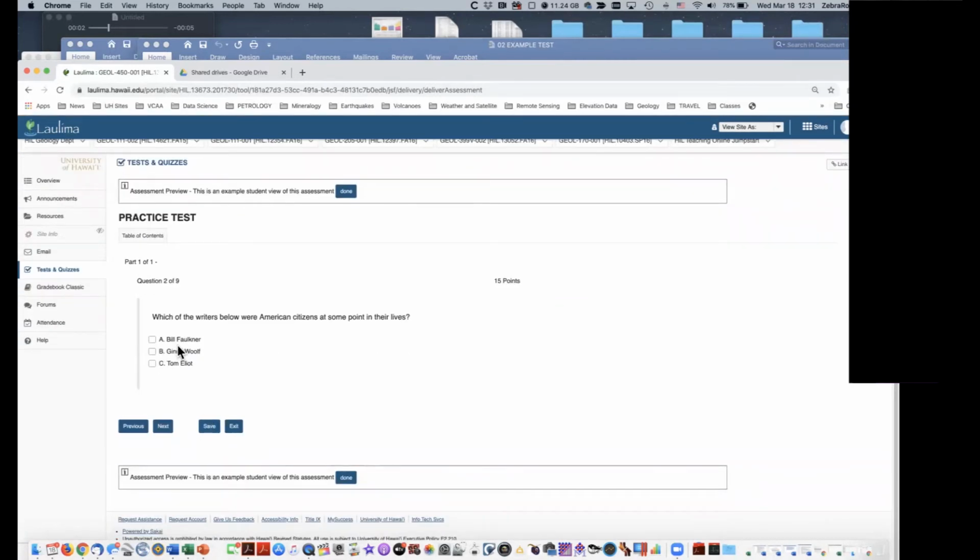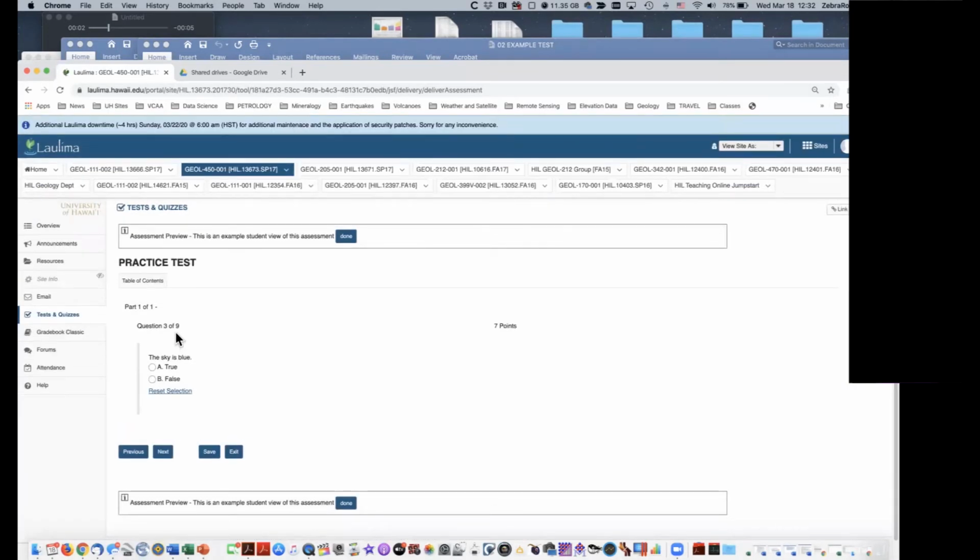And then notice this one, the one with several different things, doesn't have the radio buttons. It has check boxes instead. So I can check all 3. It'll allow me to check or uncheck. The radio button one only allows you one answer. So on the ABCD one. So this one, we can do that. Go to next, and here is the true false, and again 7 points over there, and then we just click on true